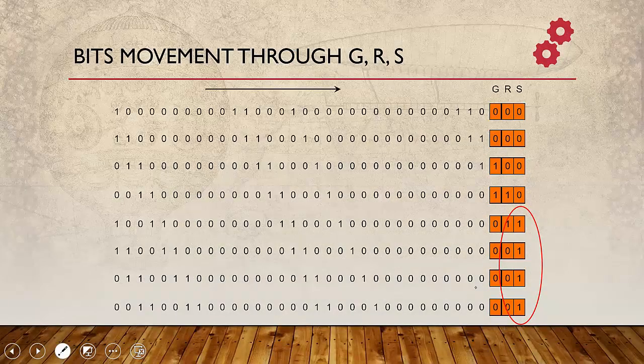Let us look at one example of calculation to show the movement of bits into these 3 extra bits. We can actually show this using any operation, but the best one is by showing it using a shift right or left operation. So let's say this is the last few bits in a register. We do a shift right. So as usual, this last bit will go into the guard bit, round bit, and sticky bit. We call it GRS.